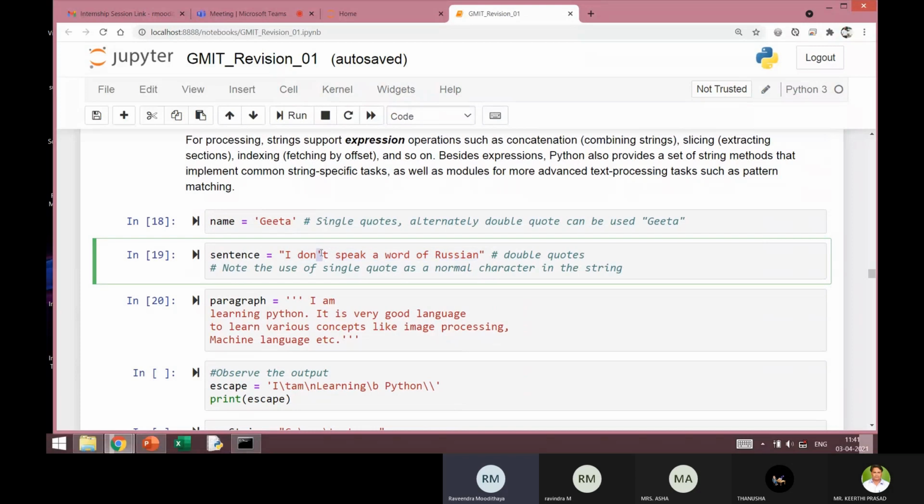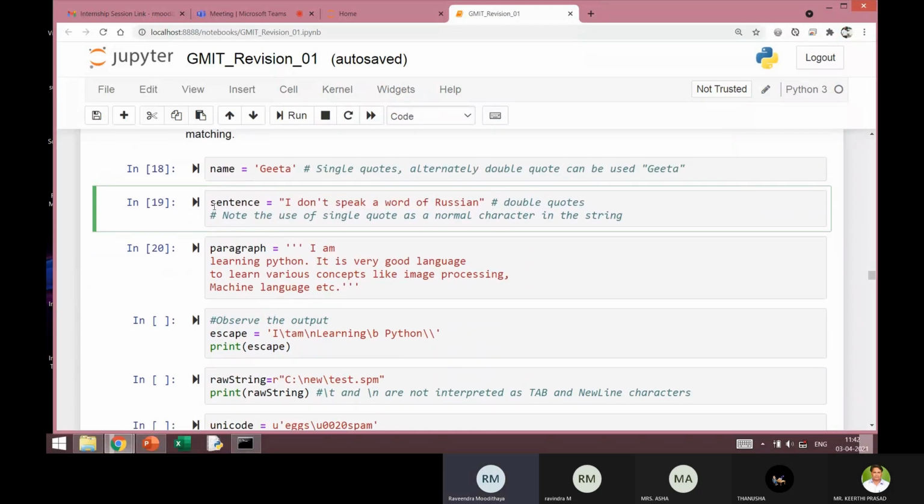Whenever I have such a situation, I can use double quote to enclose this string. Or if I am getting a double quote as part of the string, then I can use single quote to enclose it. We will be using single quote unless the situation demands otherwise. This is a sentence; I've just given the variable the name sentence.